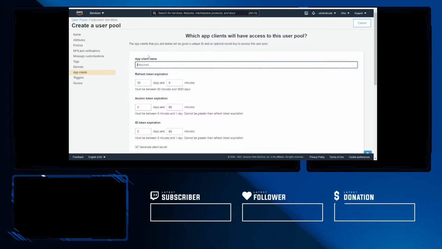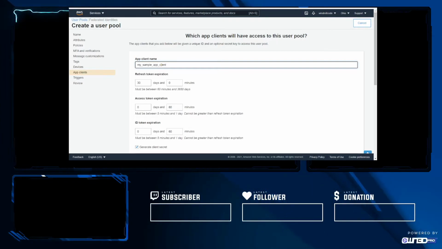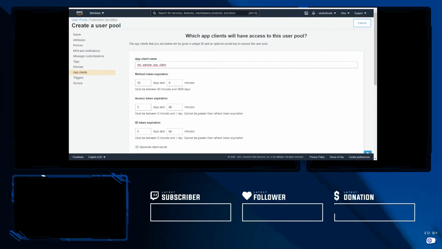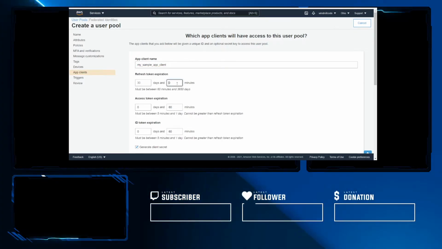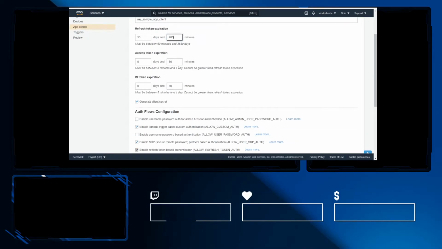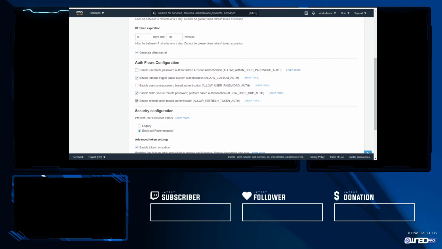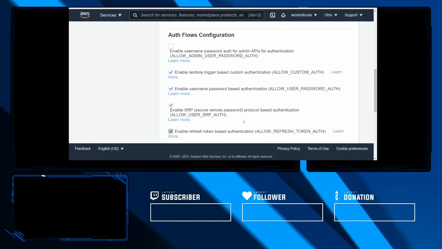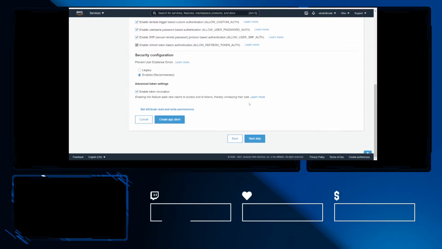We want to add an app client, right? My sample app client. This is what allows for Boto3 to connect, right? These refresh tokens, I really like them to last for a couple of hours, not for 30 days. And then the access token, say, for example, 30 minutes, and ID tokens, you don't have to worry about it. And then this always ends up different every single time, but what you want to make sure is that you allow for username and password authentication, right? You always want to be able to provide for that. And now you want to go ahead and create your app client,